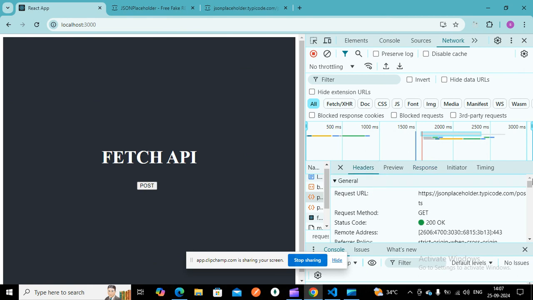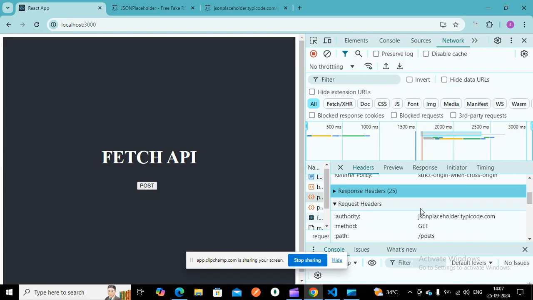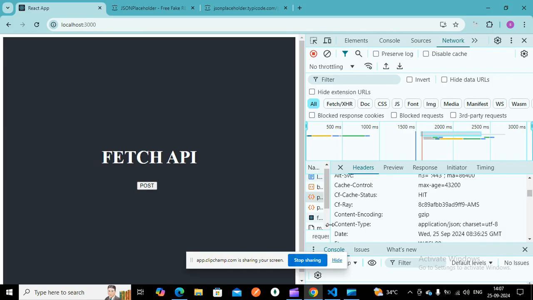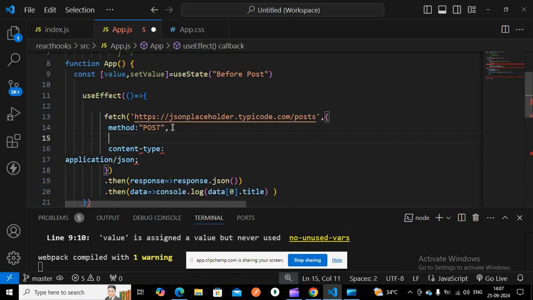Go to the particular header, scroll, and look at the response header. You see here the content type is application/json. I have copied this particular thing, and I have to paste it here.